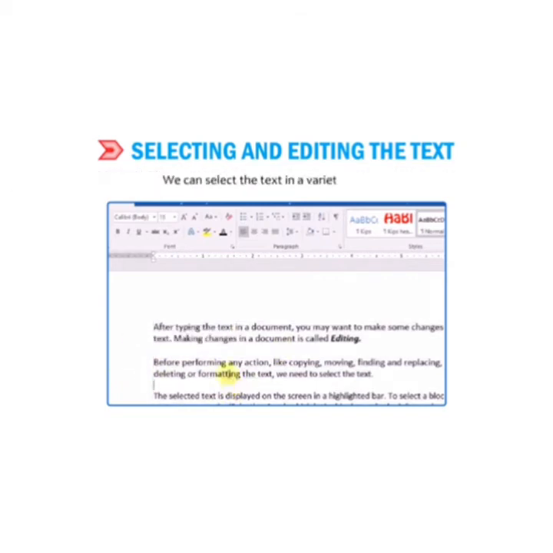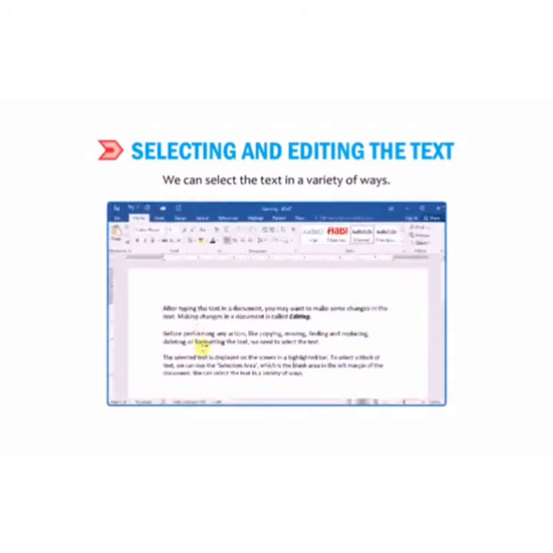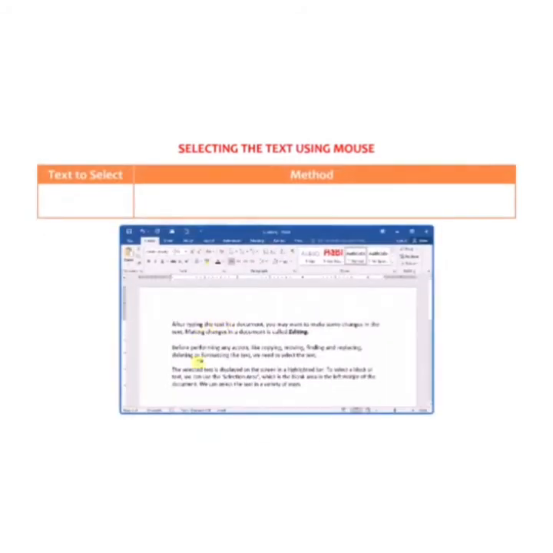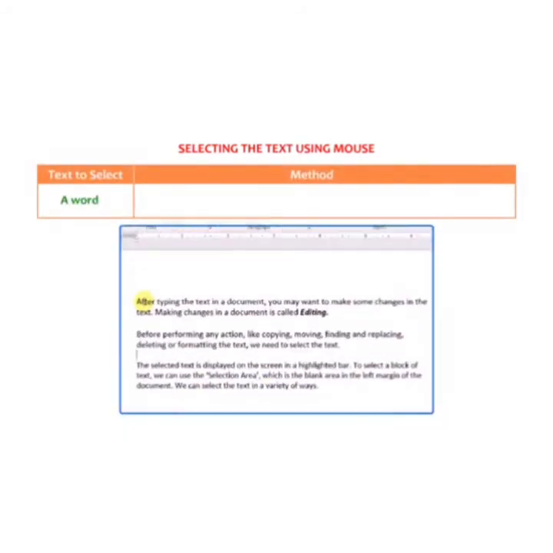We can select it in a variety of ways, the first being selecting the text using the mouse. If you want to select a single word, double click on the word. If you want to select a sentence, hold down the Control key and click anywhere on the sentence.